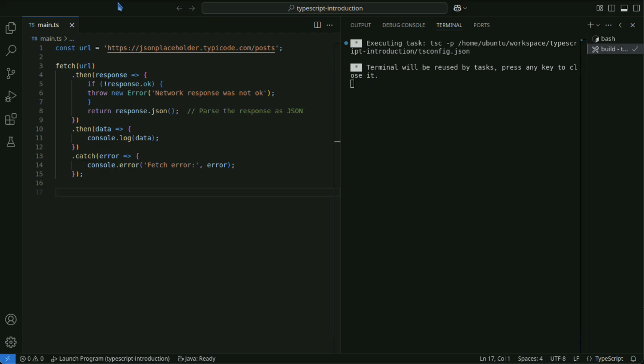In this video, we are only checking that there are no compile errors. Since the response from the fetch method has an unclear type, you can leverage TypeScript's type checking by explicitly defining the response type.